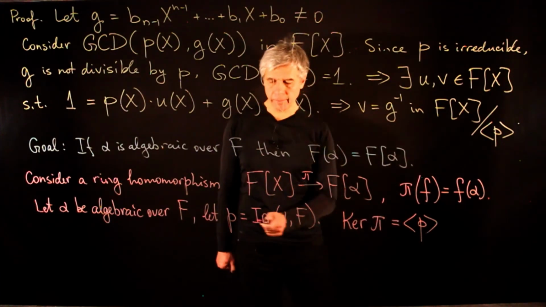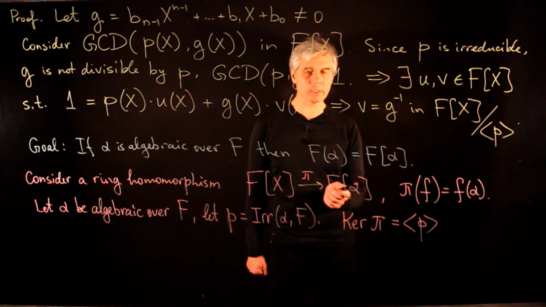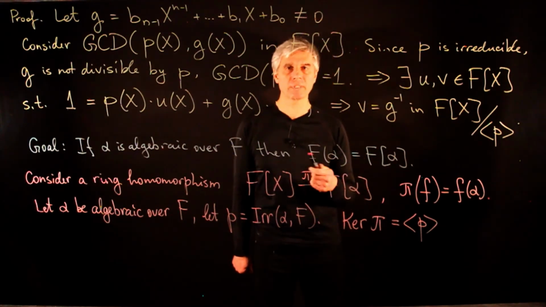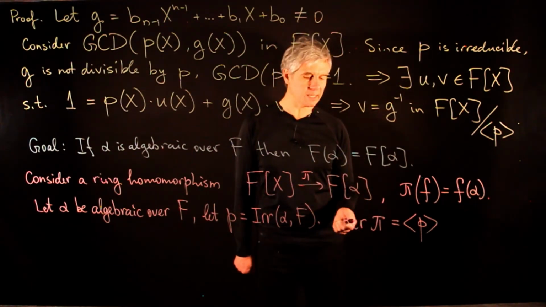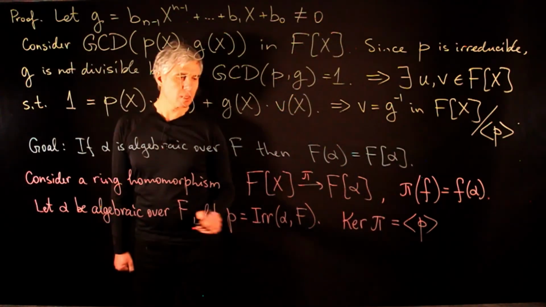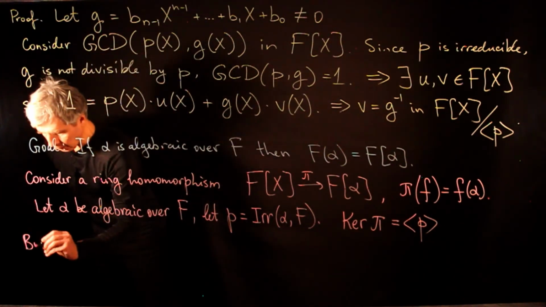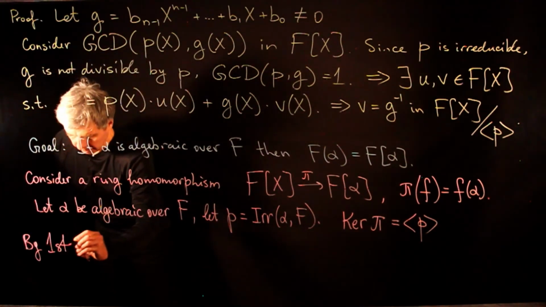Well, certainly, since p of alpha is equal to 0, p is in the kernel of this homomorphism, and using the argument of division with the remainder, we can see that this kernel consists of exactly multiples of the polynomial p. The map pi is surjective, and then by the first homomorphism theorem,